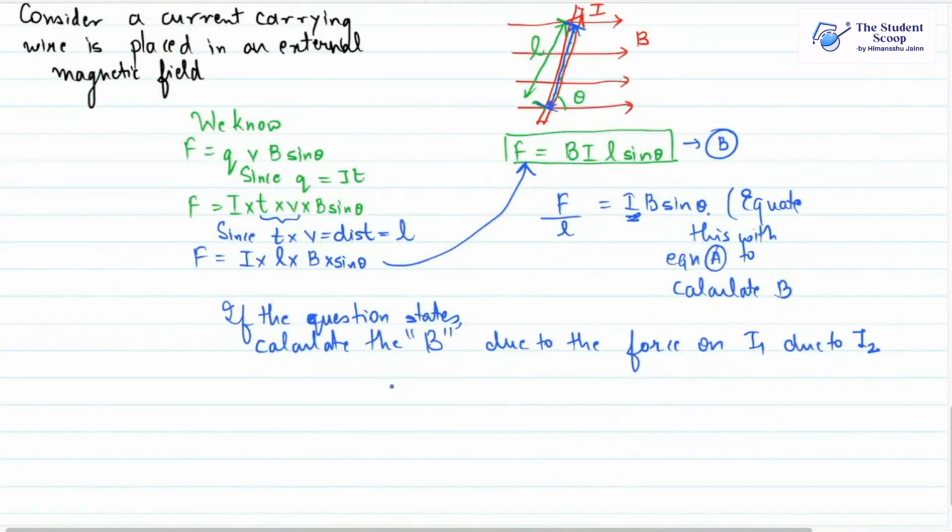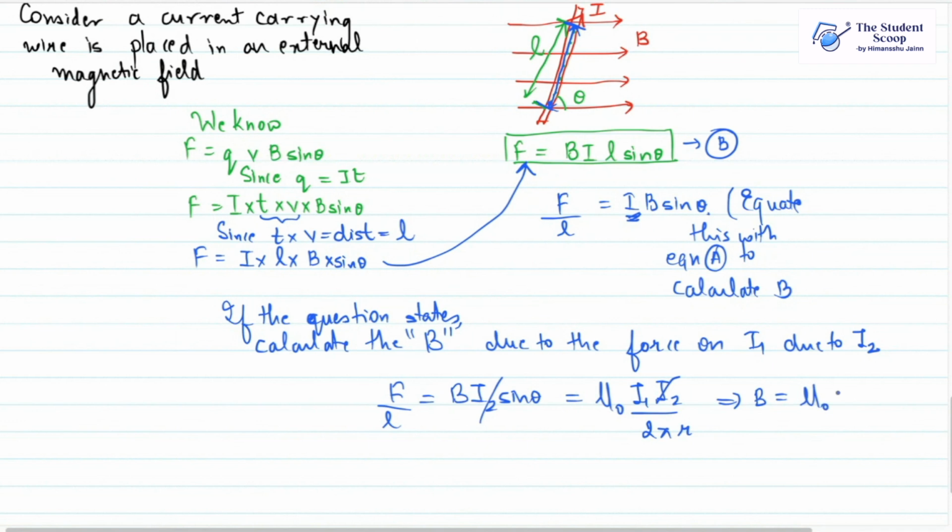Okay. Then you will say that force per unit length is equal to B times I2 sine theta. And you can equate this to mu naught I1 I2 upon 2 pi r. So then I2 and I2 will cancel out. Therefore, your B will be equal to mu naught